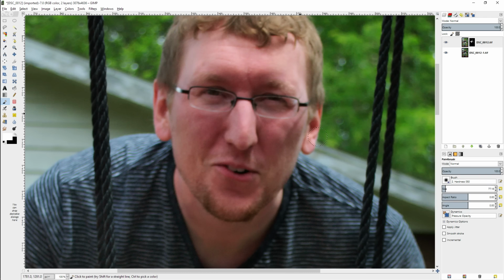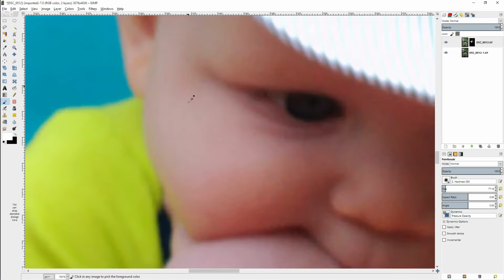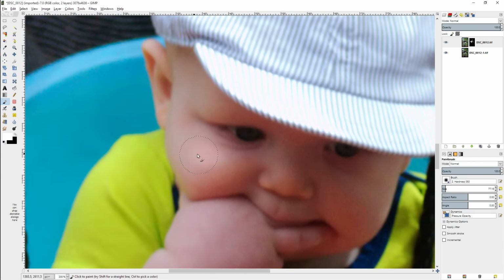Oh, buddy. All right. So we can also zoom into Bennett here and start painting some of the highlights on his face if we wanted to. And I could even adjust the opacity of the brush so that whenever I'm painting, it's not just completely making it white. It just makes it somewhat in the middle, so you can fade some of these details in and make it look nice. So if I hide this layer and show it, you'll see a before and after of his face. I'm just adding a little bit of highlight, just trying to make the photo a little bit better